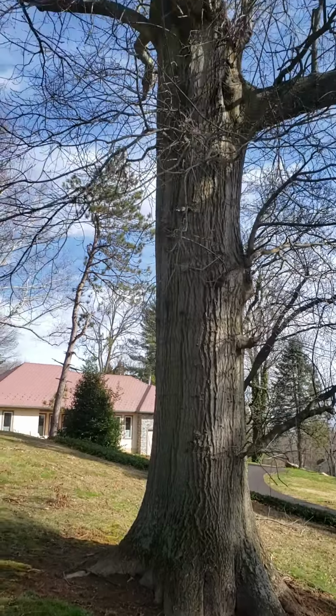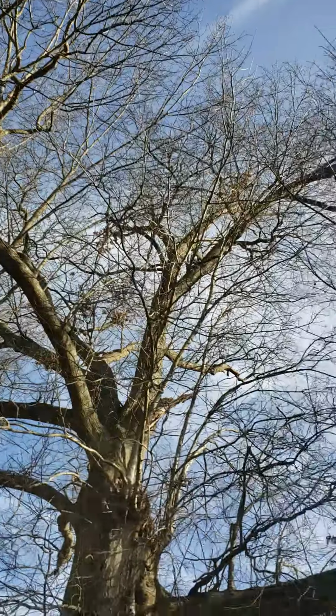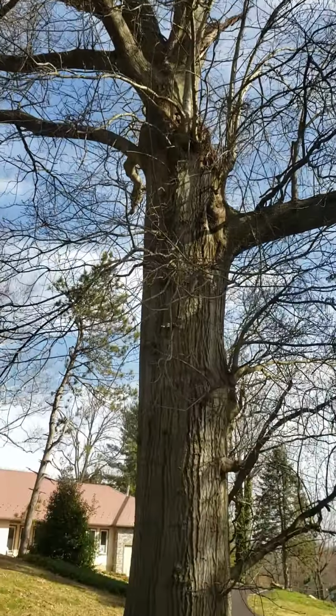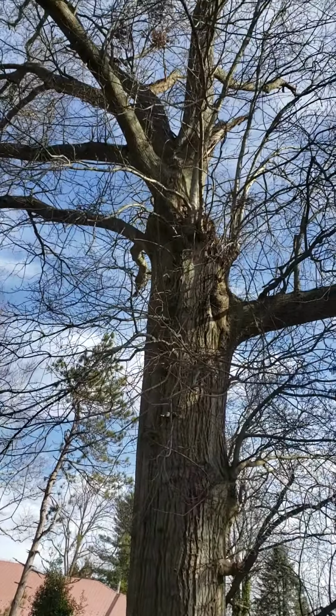All right, we're looking at this oak. I think it's a red oak. It might be a scarlet oak, but I'm pretty sure it's a red. Fairly sizable tree. And we're looking at the structure of this tree because I'm guessing 10 years ago, but probably